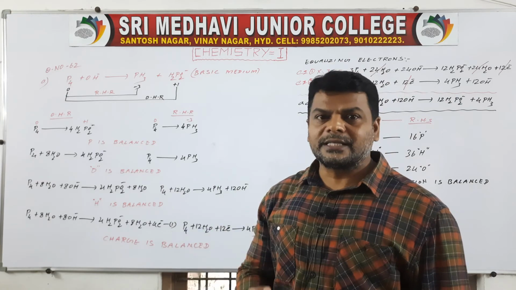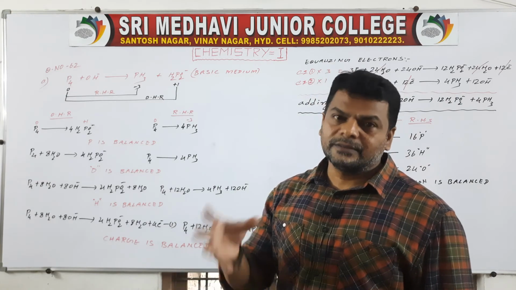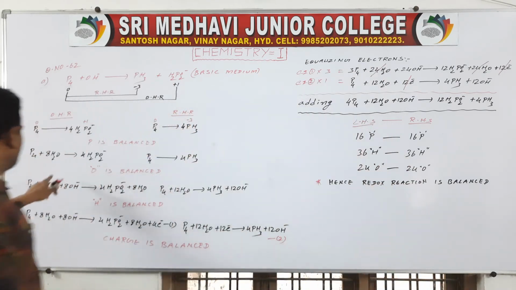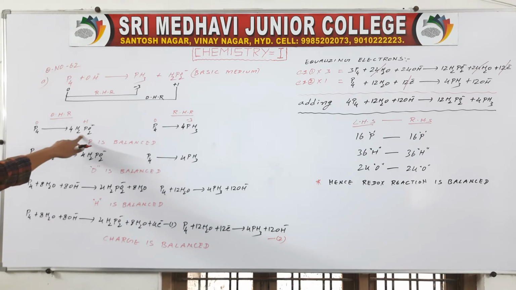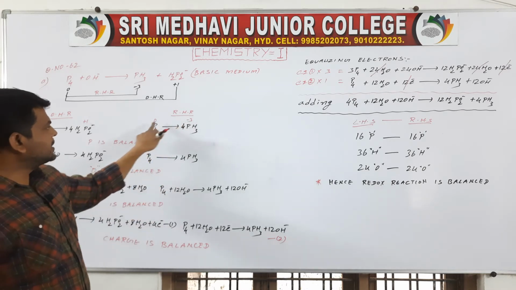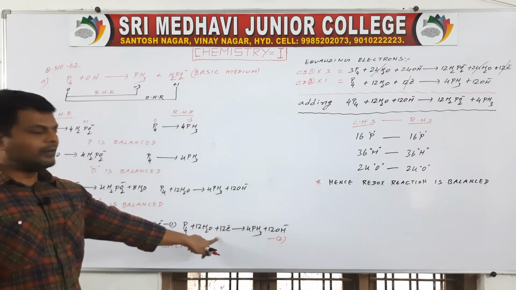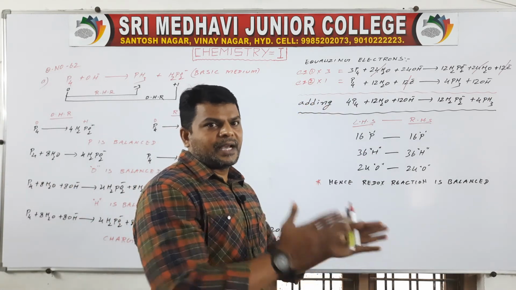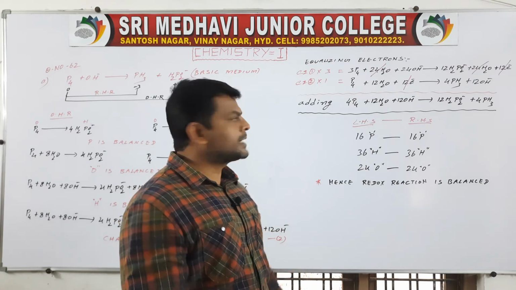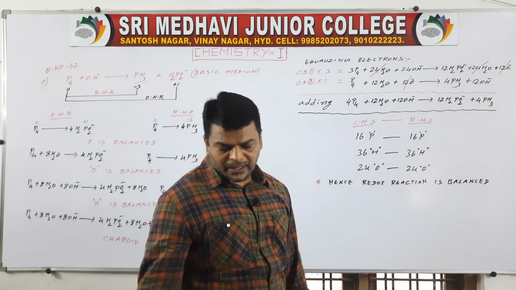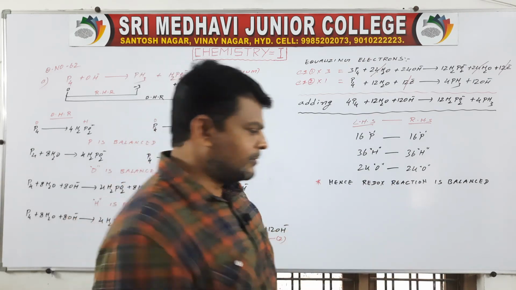Then charge, equalizing first charge balance. How many electrons are less? On the opposite side you have to add that many electrons. See here, for balancing charge, on the side where oxidation number is high we have to add electrons. So here oxidation number is high, so added 4 electrons. Here oxidation number is high, so added 12 electrons. So next, equalizing electrons. Why? Because these are half reactions, then you will get a full reaction. So on adding, you will get this type of redox reaction. Very important for 4 marks.